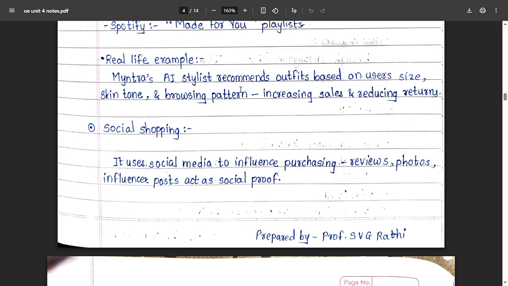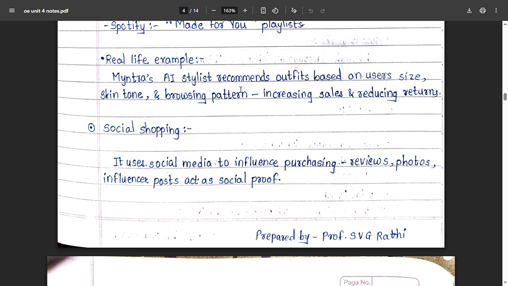So next one is social shopping. So what is social shopping? It uses social media to influence purchasing. Reviews, photos and influencer posts act as social proof.